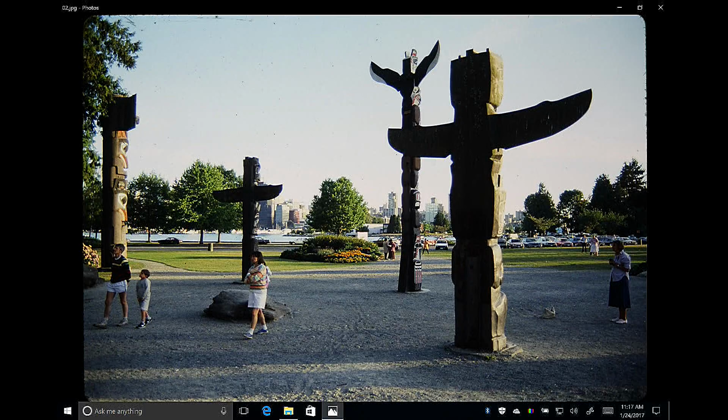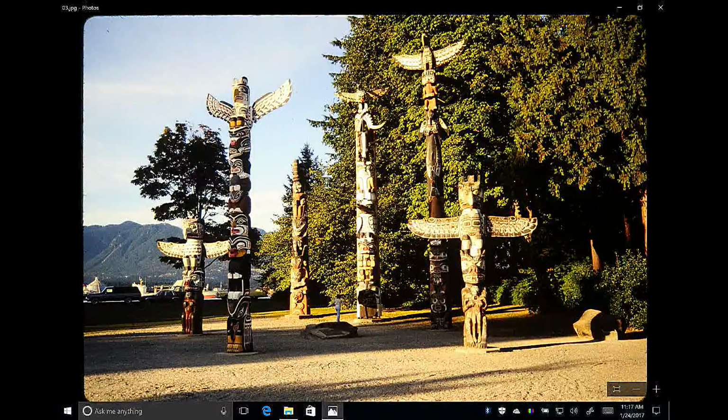And we can tell that because the shadows are getting long behind those totem poles. The longer the shadow, the lower the sun is in the sky. So the angle of the sun will have a direct bearing on the length of the shadow. So if we go to the other side of the totem poles and look at them from the front, you can see the same principle applies here. The light is clearly being reflected off of the front of those totem poles, and the shadows are casting long